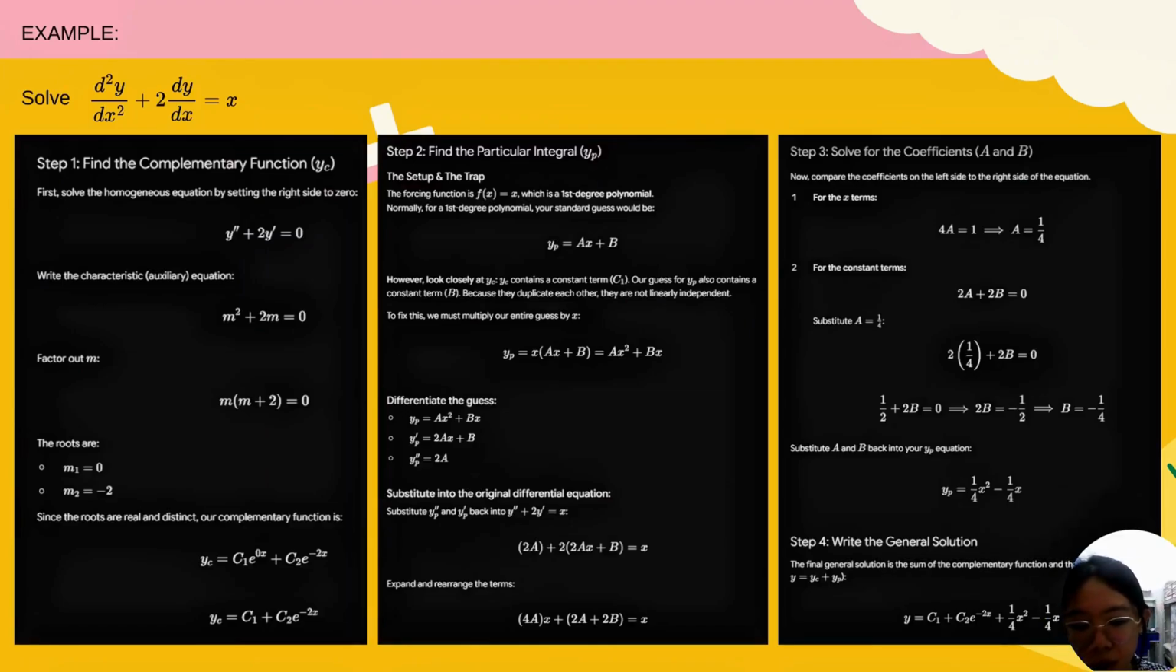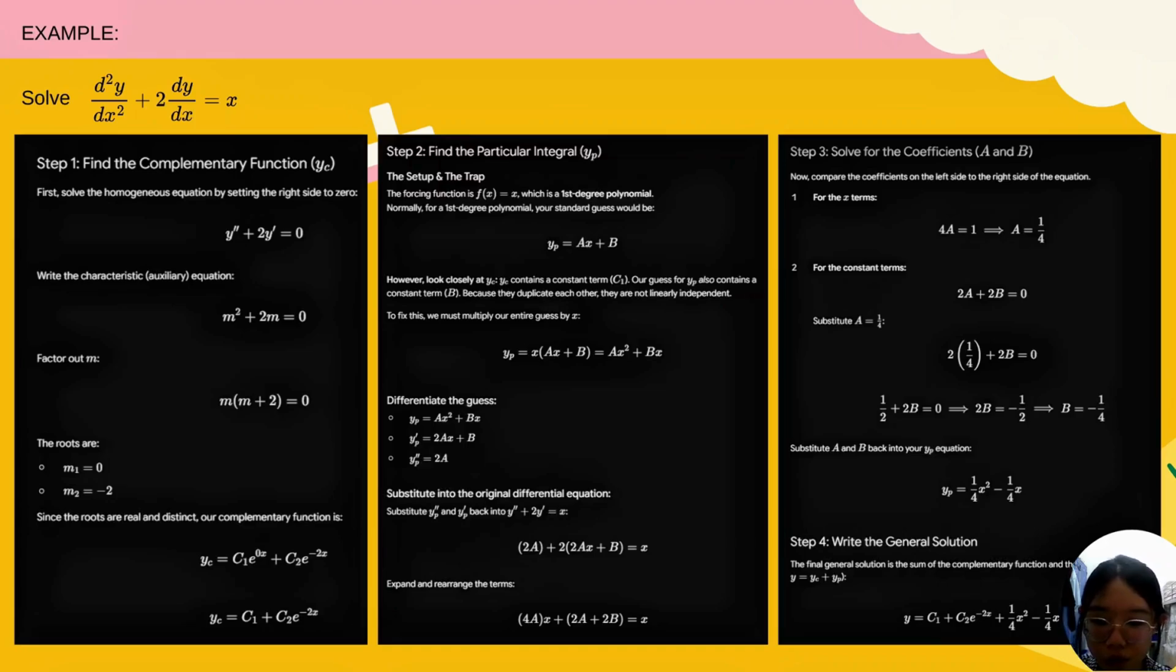So an example question is: solve d squared y over dx squared plus 2 dy/dx equals x. Step 1, find the complementary function. First, solve the homogeneous equation by setting the right side to 0, which is d squared y over dx squared plus 2 dy/dx equals 0. Then we write the characteristic auxiliary equation, which is m squared plus 2m equals 0. As you can see, we let m squared equal d squared y over dx squared and m equal dy/dx. After that, we factor out m and we get two roots, which is m1 equals 0 and m2